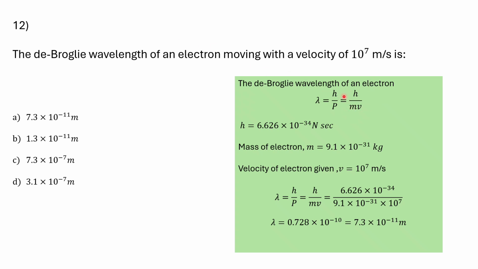So by putting all this value here, we can get the value of de Broglie wavelength lambda is equal to 0.728 into 10 to the power minus 10, which can be written as 7.3 into 10 to the power minus 11 meter, which is option A. Then